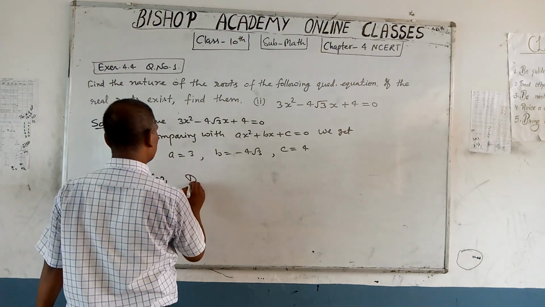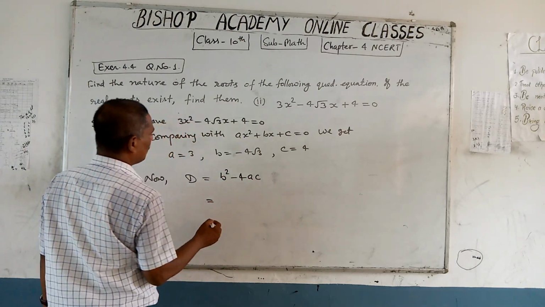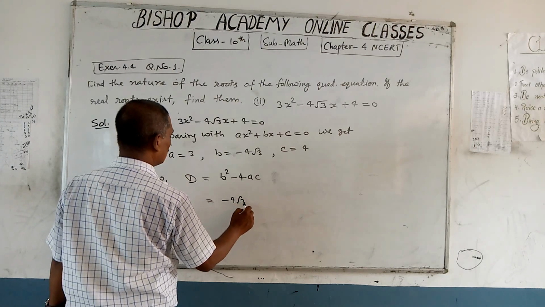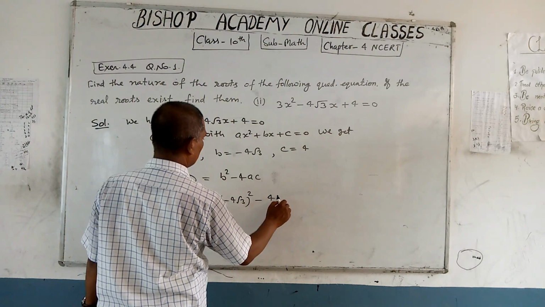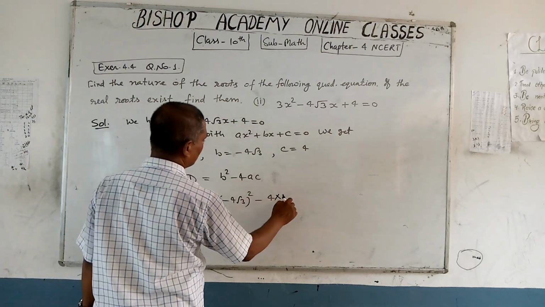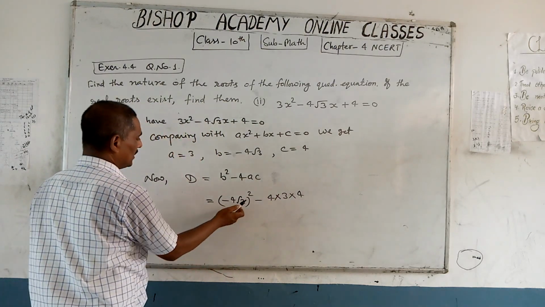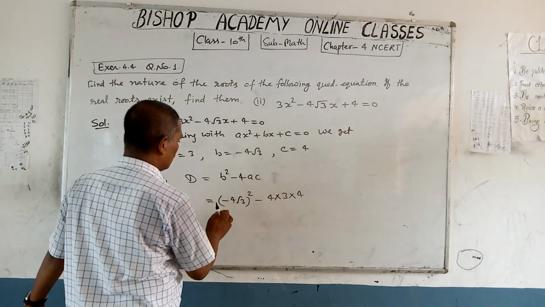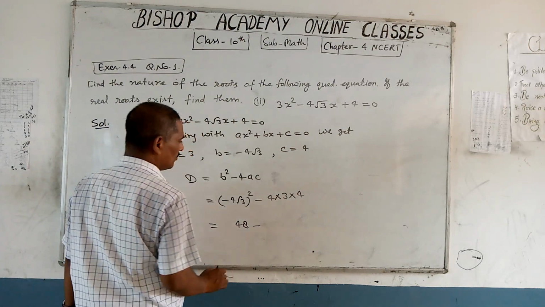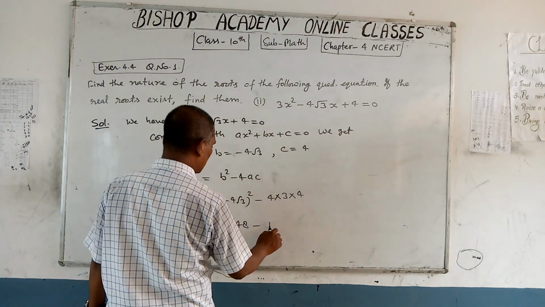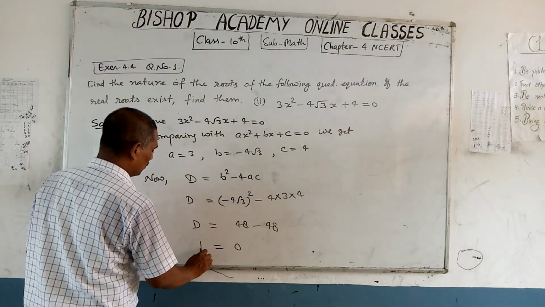Now find out the discriminant. D is equal to b square minus 4ac. In the place of b, put minus 4 times root 3 and find its square. Minus 4 times a, the value of a is 3, and c, the value of c is 4 here. When you get the square of this number, you will find 4 sixteens are 16, 16 threes are 48, minus 4 times 16 threes are 48. Here you got 0, D is equal to 0.